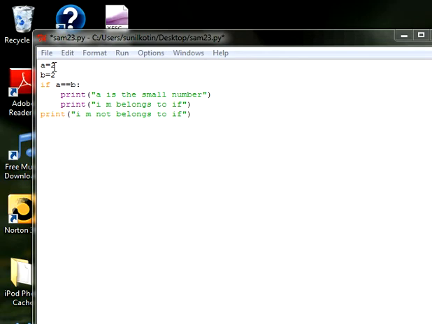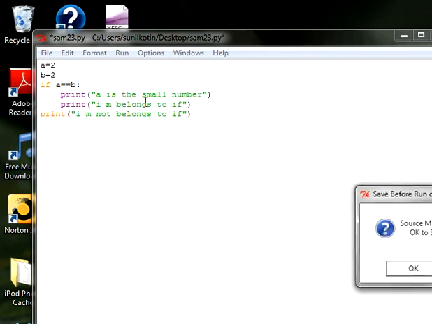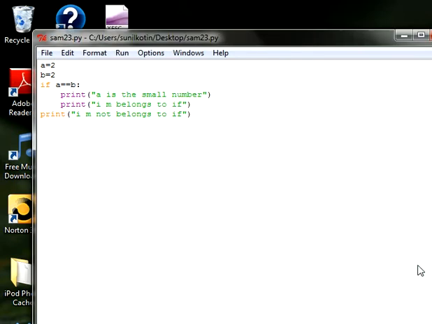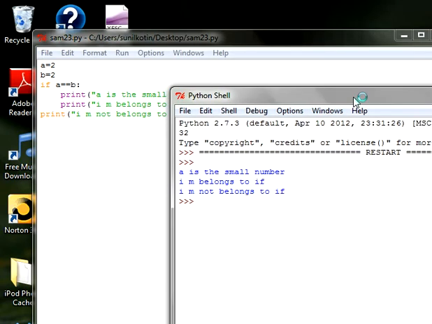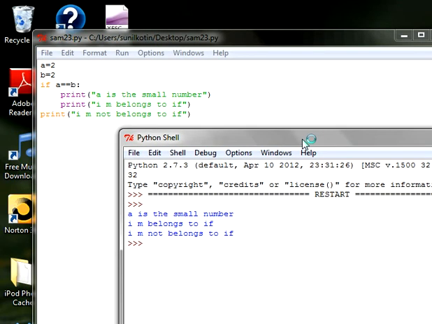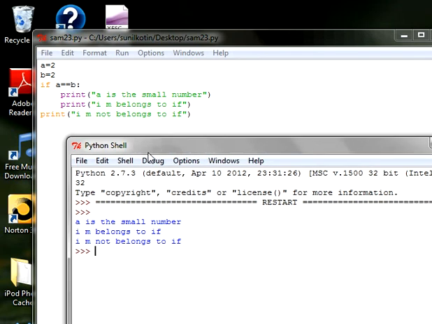Here, the value of A is 2 and B is 2. If A is equal to B, here we are going to compare these two values. These two values are equal. So when we run this program, we're going to get the output as A is the smallest number, I'm belongs to if, I'm not belongs to if. What if